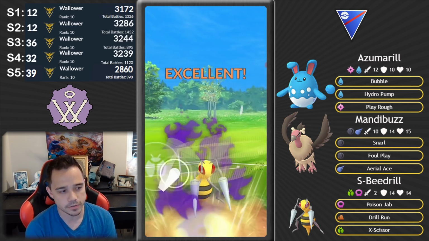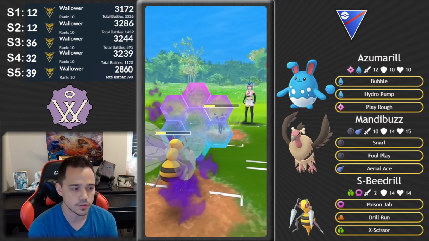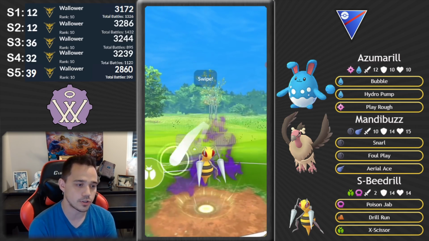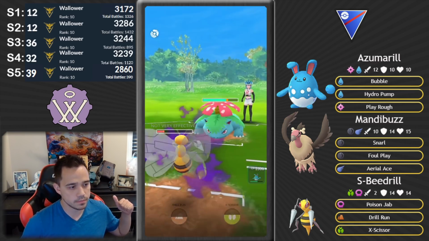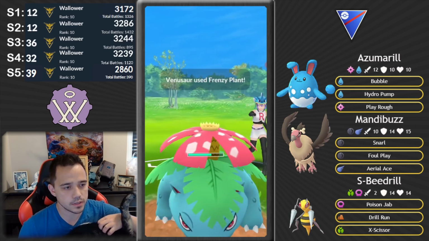I have considered using Fell Stinger here instead, because I'm in the 2 shield a bunch, but the damage from X-Scissor has come in handy a lot more often than I would expect. I'll try it next time with Fell Stinger, but X-Scissor also helps you take down Pokemon like Hypno with energy advantage, Deoxys with an energy advantage. So in comes the Venusaur,